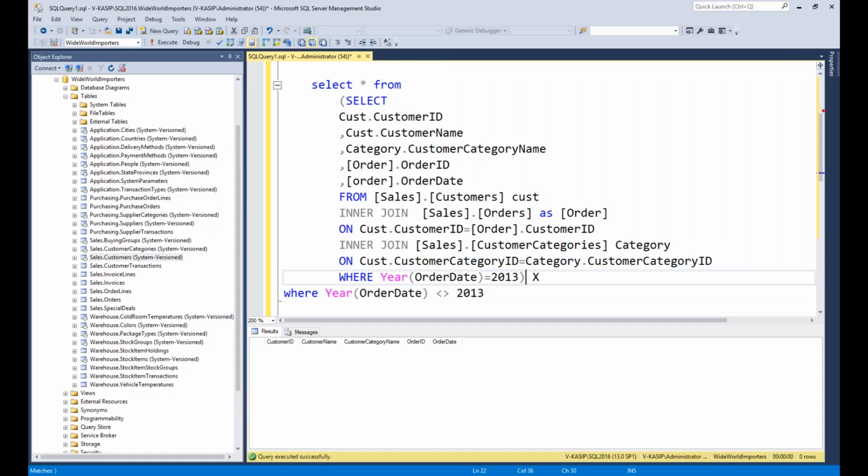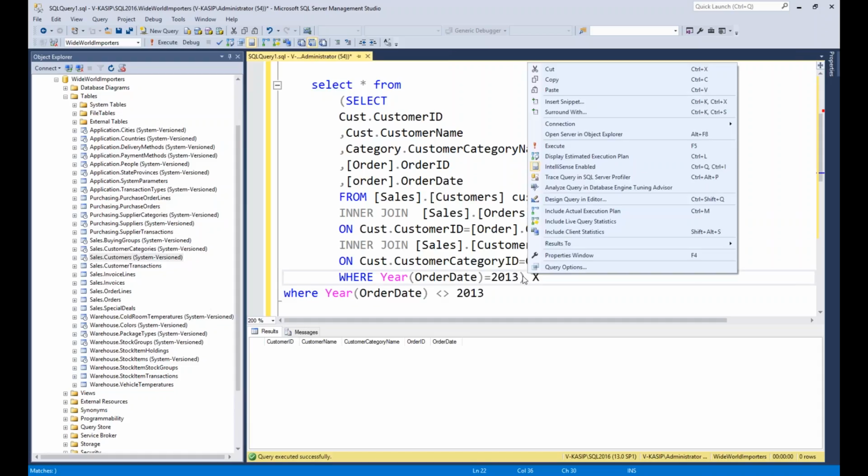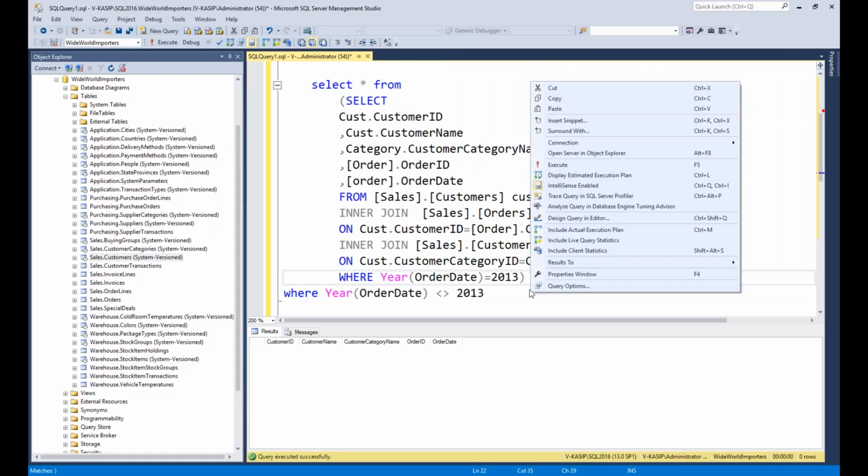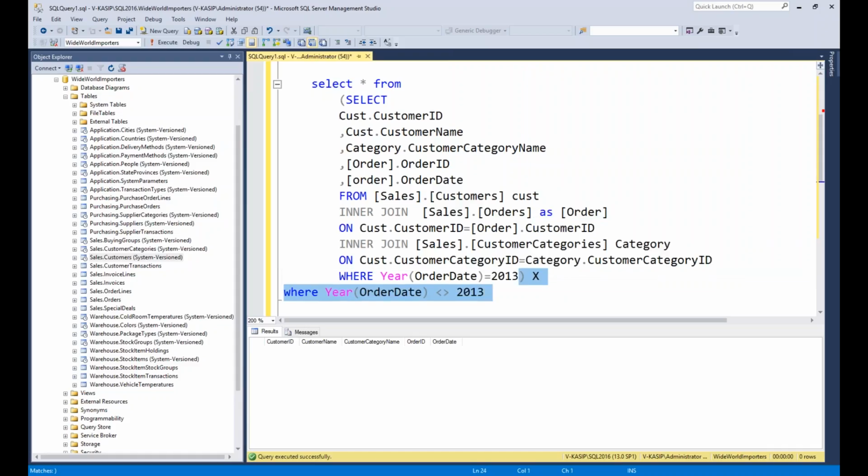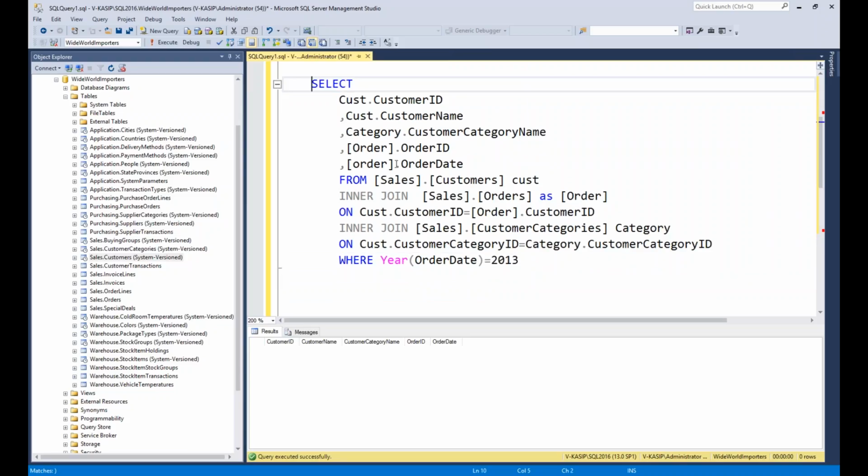Okay, and coming to the inner query, forget about this one. We already did that, that's good. We don't have any other data, so let's try to understand this query one more time in depth. As per the SQL order of execution, the query will execute from the FROM clause.